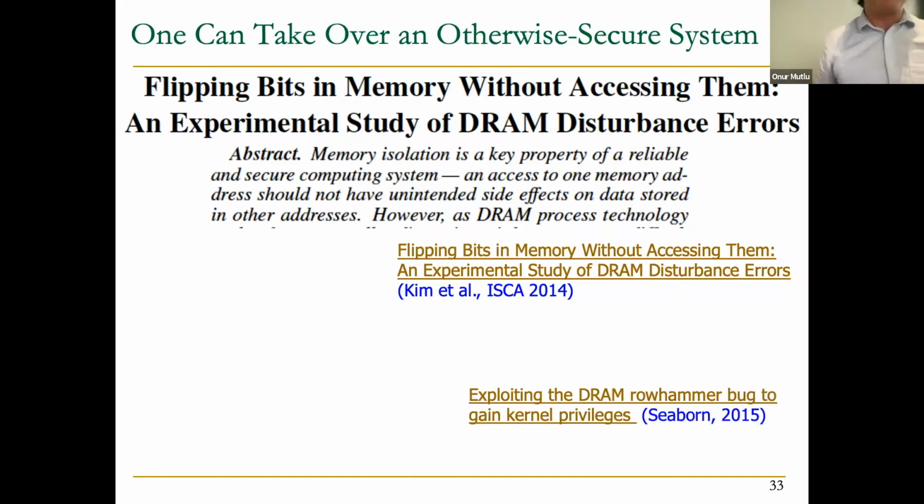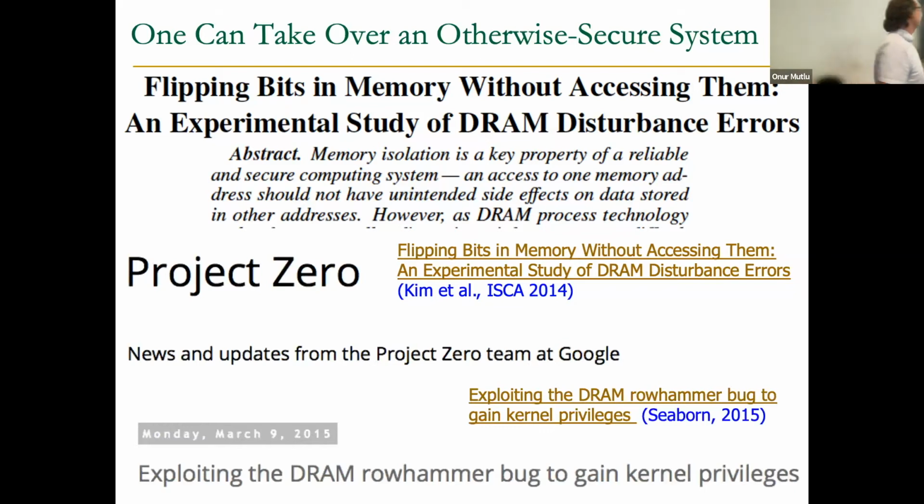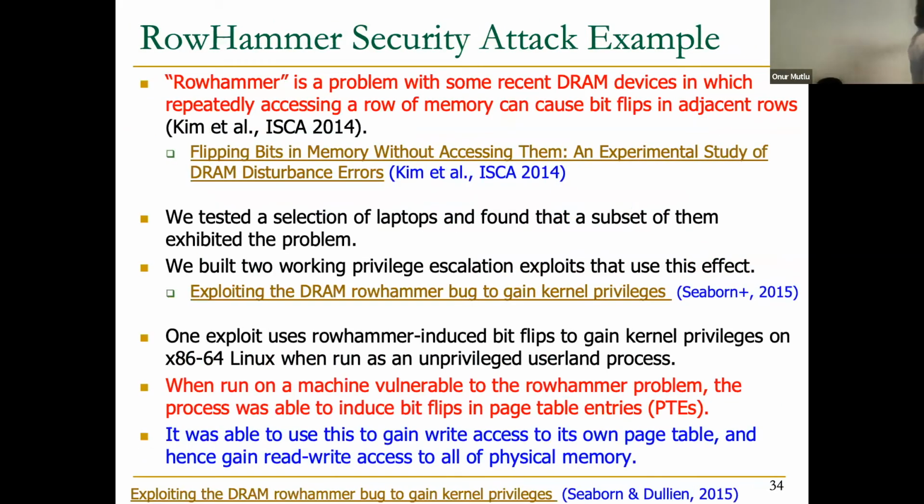And the good folks from Google Project Zero read our paper. They said, okay, we can do this, and they actually created a beautiful attack. I'm not going to go over this in detail. This is copy-pasted directly from their blog post. They have a beautiful Black Hat presentation about this also. They replicated the problem on a selection of laptops, and they wrote two programs. One is more interesting than the other. One was able to induce bitflips and essentially escape the sandbox of the Google Native Client, a virtual machine essentially. But the other one, as a user-level process, was able to gain kernel privileges in x86 Linux.